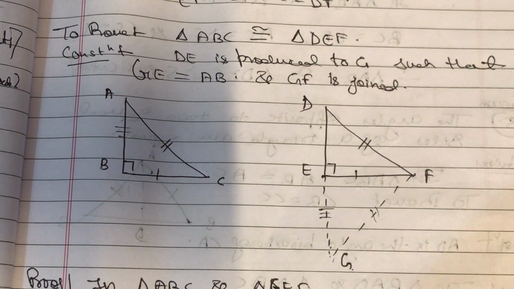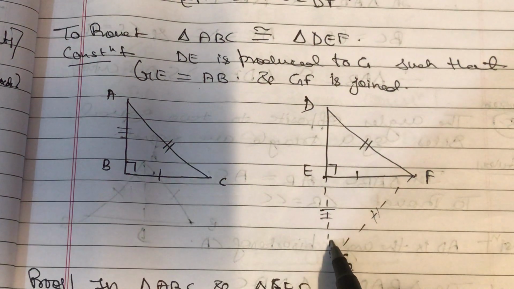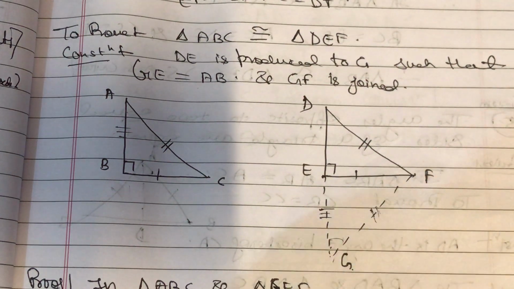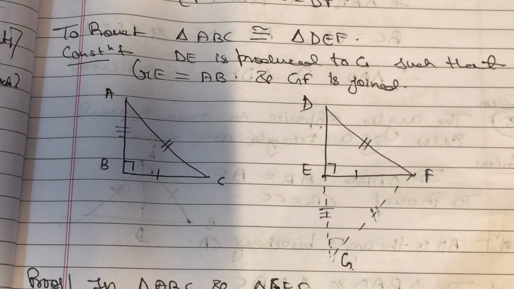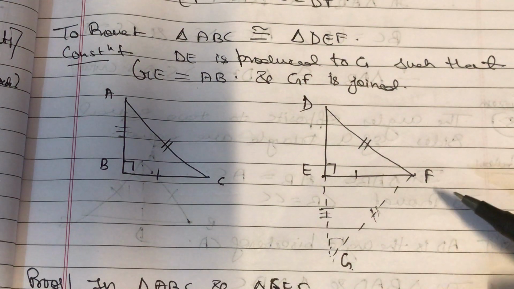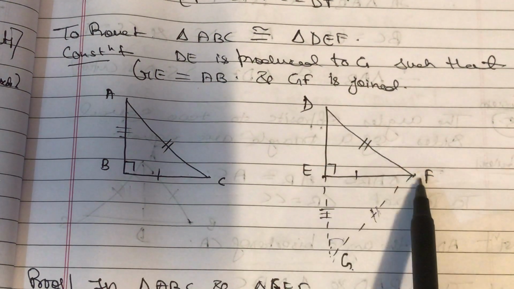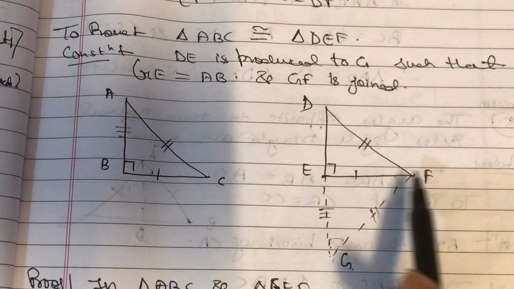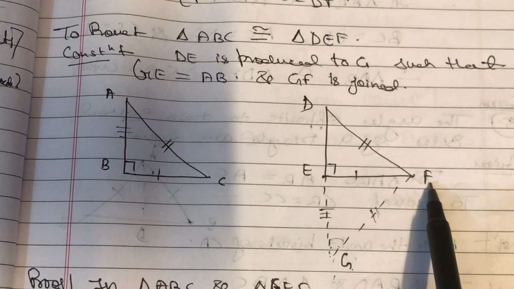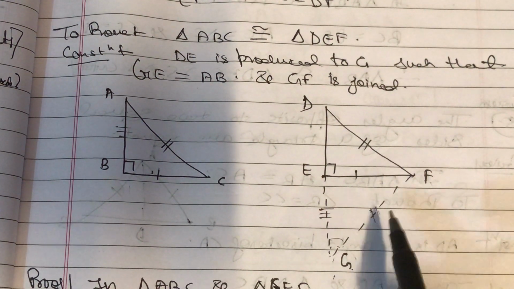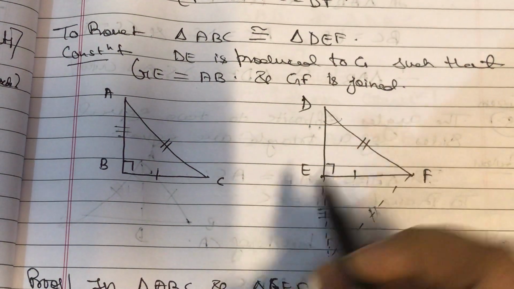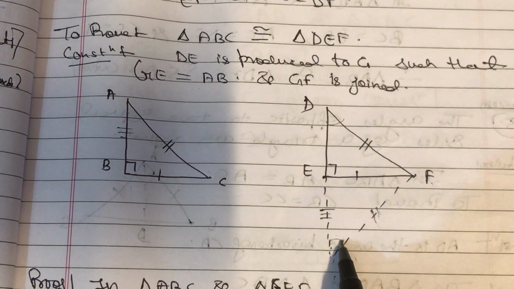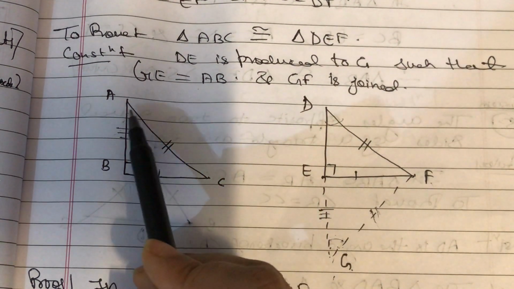So I can say that angle A is equal to angle G, right? AC is equal to GF, using CPCT criteria. Now AC is equal to DF, already given in the question. Also just now I have proved AC is equal to GF. So I can say DF is equal to GF, which means it is an isosceles triangle. So this angle is equal to this angle. And just now I have proved that this angle is equal to this angle using CPCT criteria. That means A is equal to D.